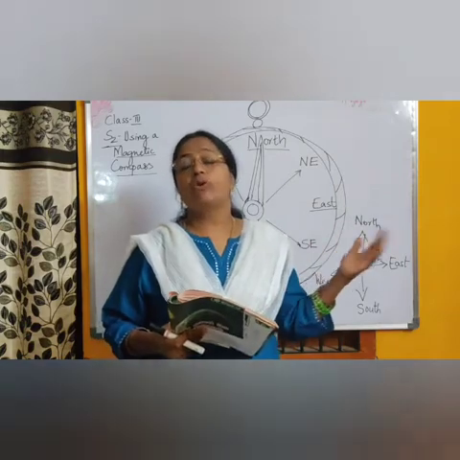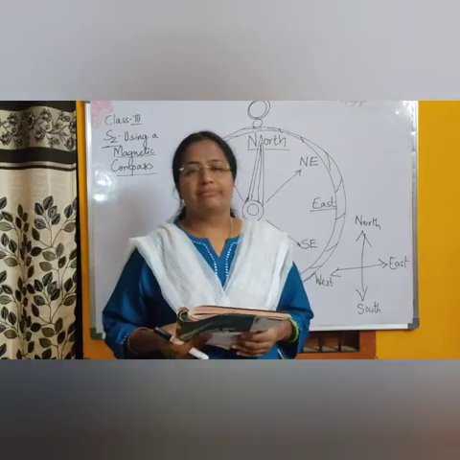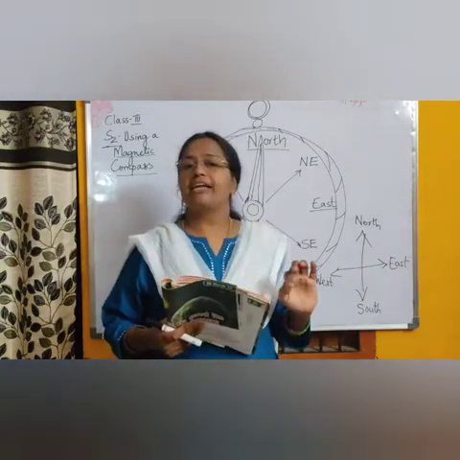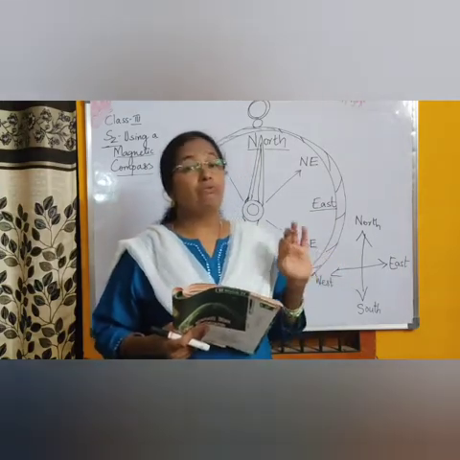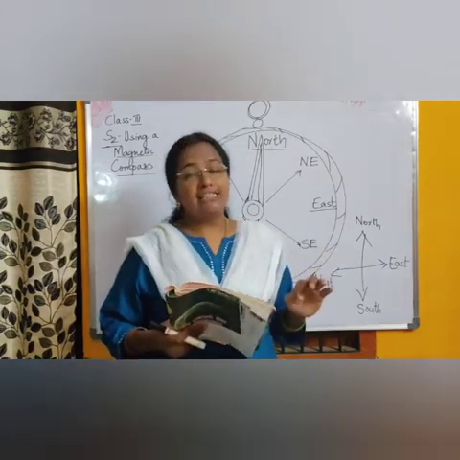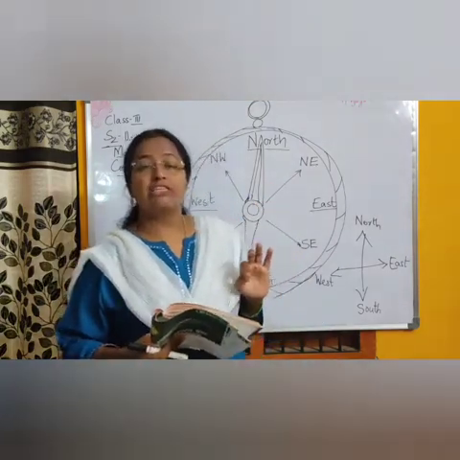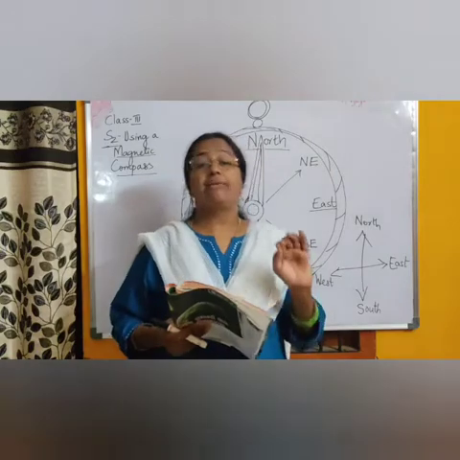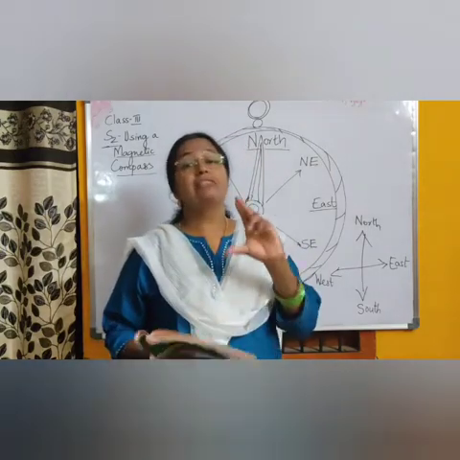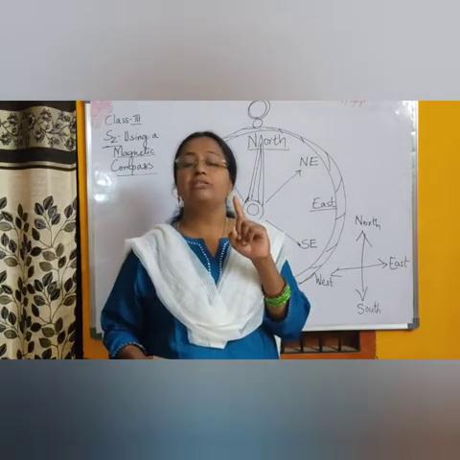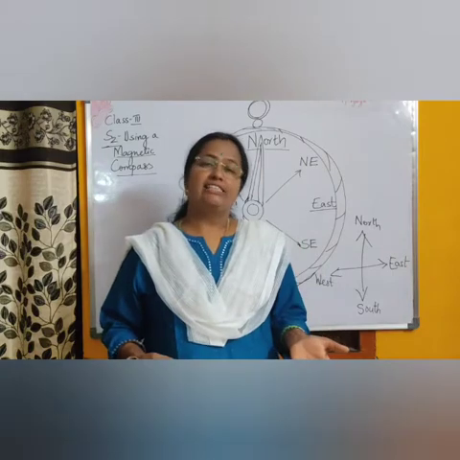For example, when you can't see the sun or the pole star, at that time a magnetic compass will be very useful to us. The compass helps us to find the direction. That is the reason sailors go into the ocean with their ships, and mountaineers climb the mountains, carrying the compass with them. Because the compass needle always points to the north, the remaining directions they can easily find out.